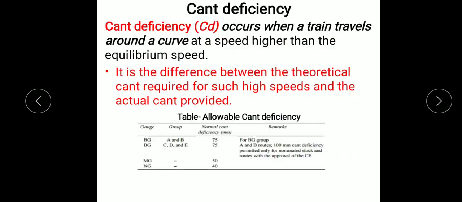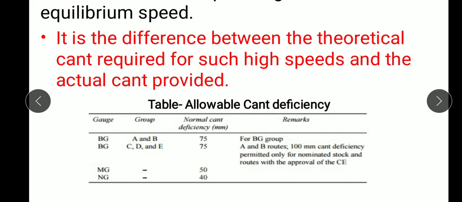Therefore, cant deficiency occurs when a train travels around a curve at a speed higher than the equilibrium speed. Whenever the speed of the train is higher than the equilibrium speed, then it is called a cant deficiency. So this cant deficiency is nothing but the difference between the theoretical cant required for such high speeds and the actual cant provided. So here the table shows the allowable cant deficiency, in which you can see column 1 indicates